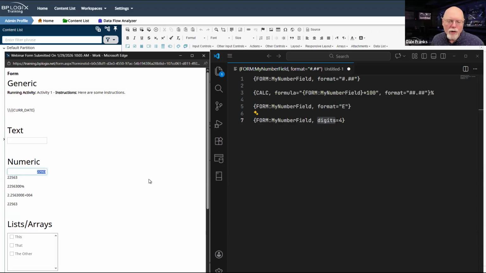This is something we could use with, say, request numbers. If I had a sequence number, I could set the number of digits on it to 4, and I would know that my first request number would be 0001.